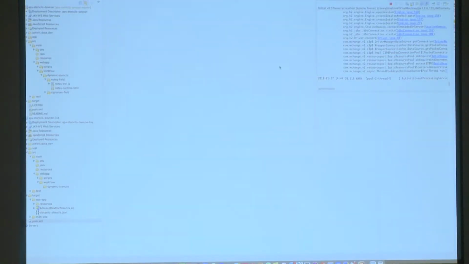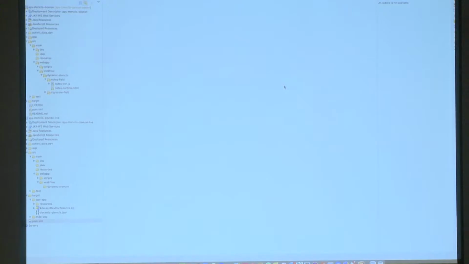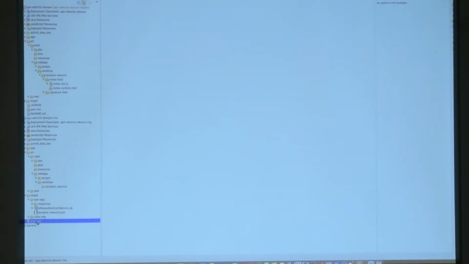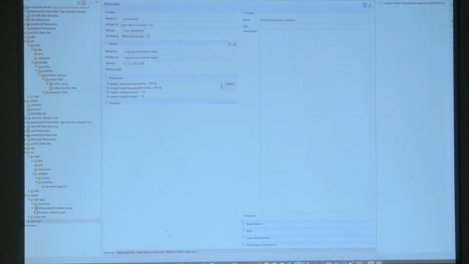So, as you can see here, I'm working with Eclipse. However, this approach is not tailored to any specific technology. You can also use IntelliJ, also another application server, and so on. As you can see here, we have the APS Stencil DevCon Live project. This is a simple raw Maven project. And looking into the POM XML file,